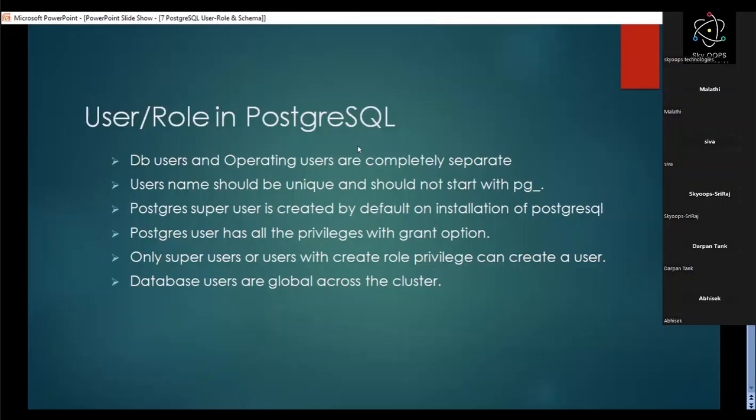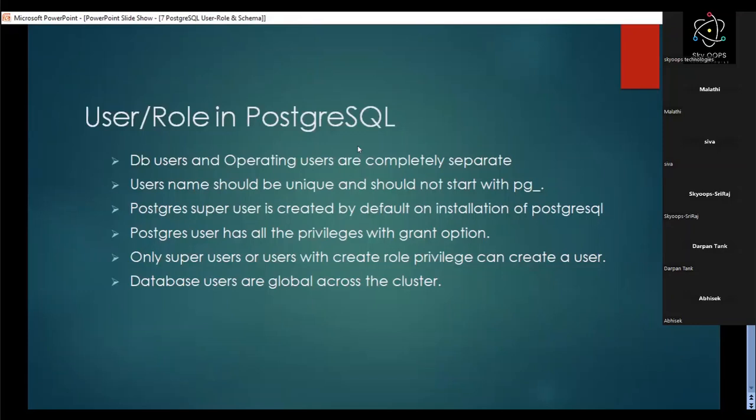Because the pg_ naming convention is already allocated to dictionary-related tables, default tablespaces, and some of the internal users. So whenever you create any user, you need to customize the username to anything